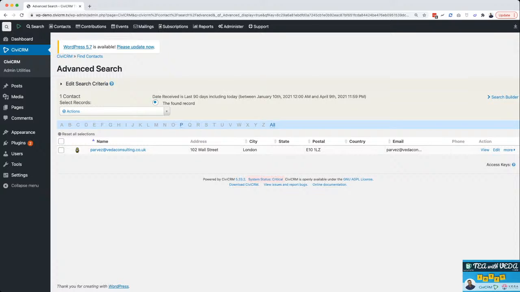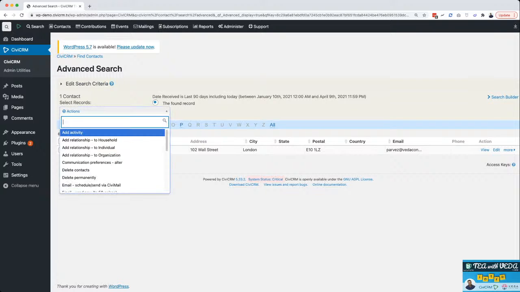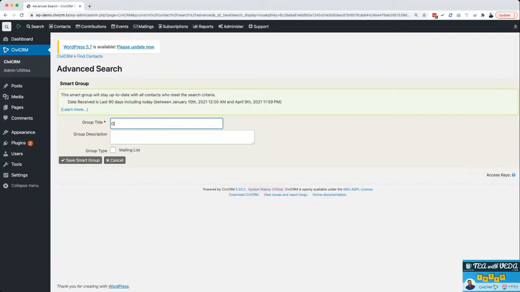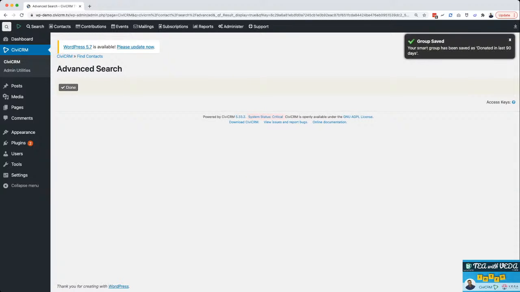So I've run my search. If I wanted to create a smart group, a saved query, I can just, from these results, create a smart group, right? That will then remember the query, or remember the criteria for what is a positive confirmation that someone belongs in that group. And doing that has some benefits. For instance, if it was more complex than that, I might do, they're based in London, they've given in the last 90 days, and they're interested in volunteering,